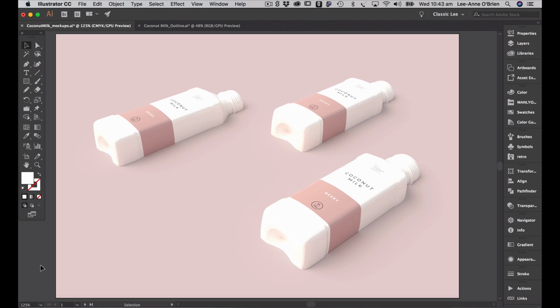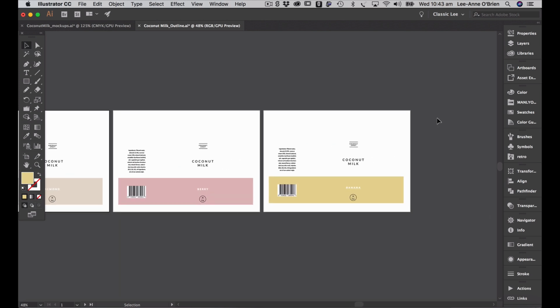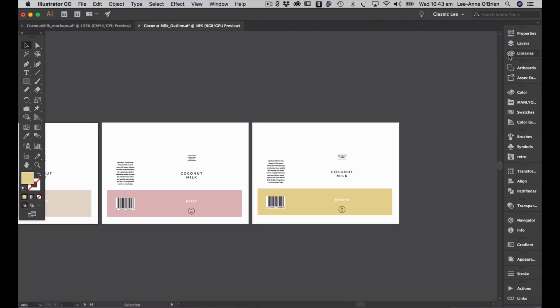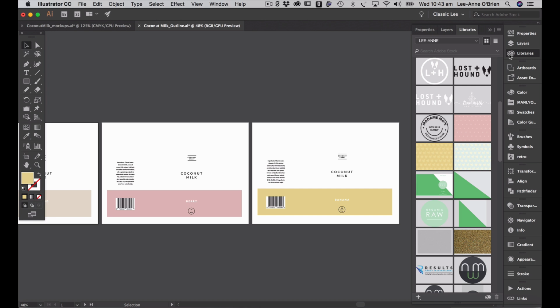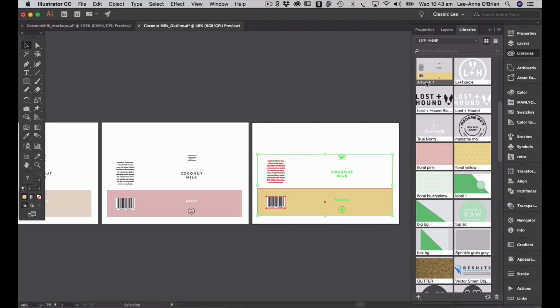So before we go there, I'm going to copy my labels into my library. So once you've copied something into the library, you can use it across all the Adobe programs. So I'm going to open up my library in Illustrator and then just select my label without any die cut lines. So I don't want anything that doesn't need to be printed, and then just drag it into my library. So it'll copy it across, and I'll just call it